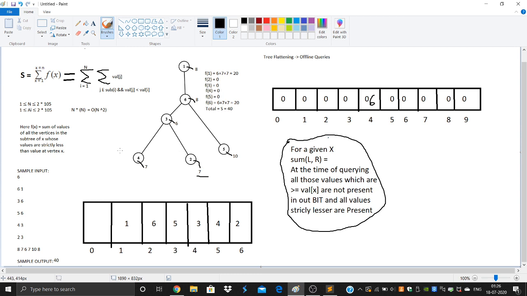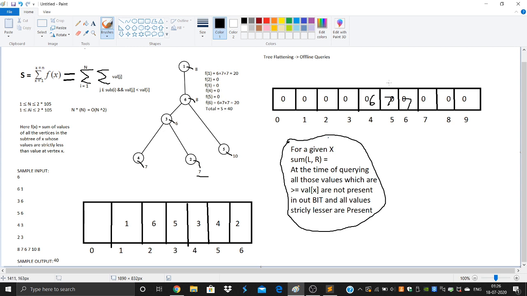Then we reach 8. We process the queries one by one in increasing order. For 8 we have 1 and 6. Now we have these queries sorted in an array, and we reach this index, which is basically value 8. So it comes out that we are querying for 6. Before we query for 8, we have to add all those values which are strictly less than 8. So 6 is already there, but 7 wasn't there. The in times of 2 and 4 are 5 and 6. So we would do an update 7, 7. Okay.